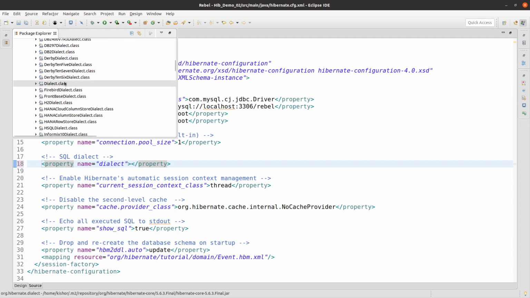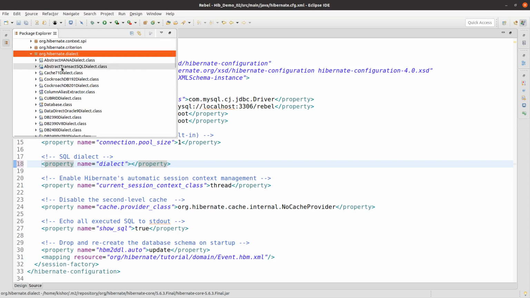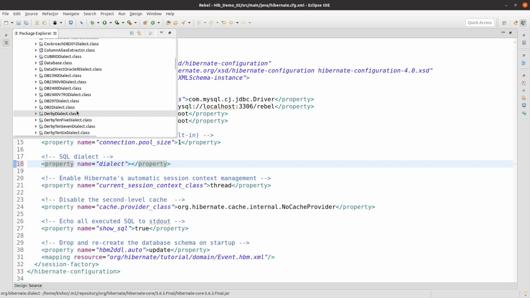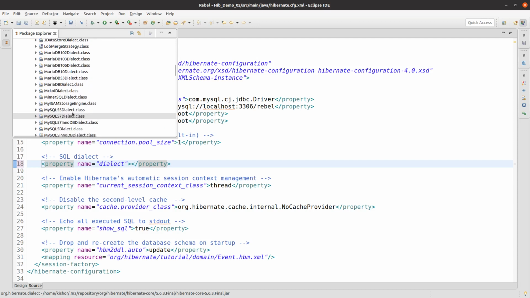See here, Derby, it means it is supporting the Derby database. And then DB2 means Hibernate supports the DB2 database. Here it is showing HANA, meaning Hibernate supports the SAP HANA database. Oracle dialect, Oracle 9 dialect, it is supporting Oracle 9. Like that, you can find all database-related dialects here. So you search for MySQL, MariaDB,